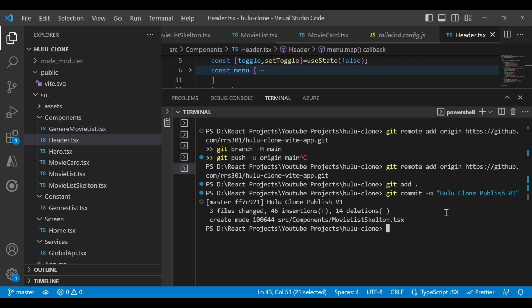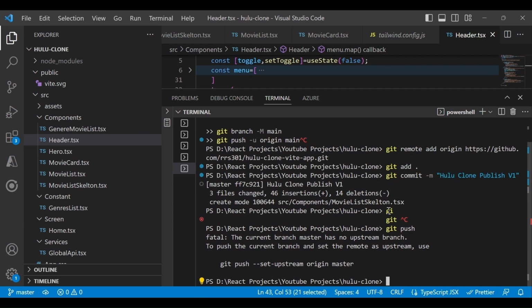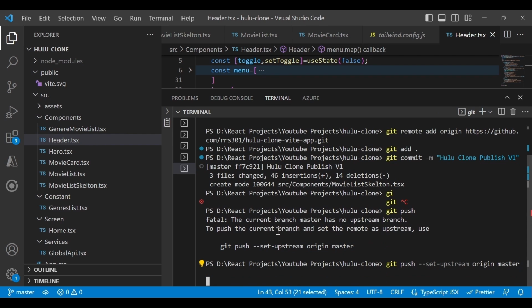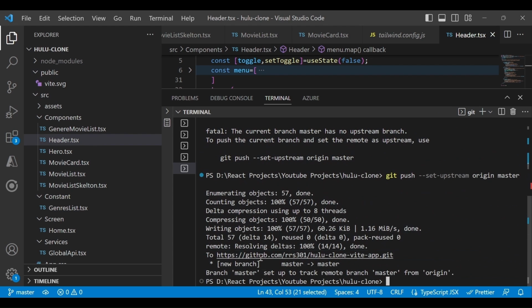So all the changes will be committed, right? And then git push. Sometimes it will give an error, so if you are pushing the first time, execute this particular line of command. So do like this, and then it will take just a millisecond to push all your changes.